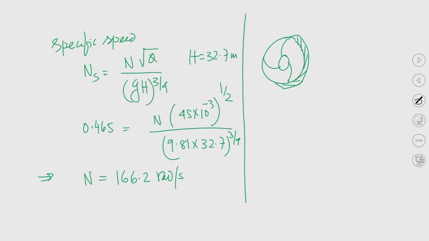So, you can understand this is d2 and this is B2. So, this is B2 width. So, what is flow area? So, this is at the outlet. So, flow area at the outlet